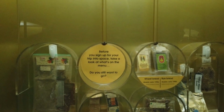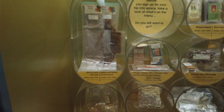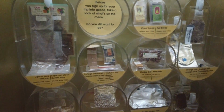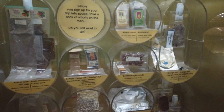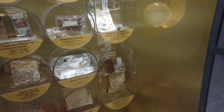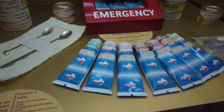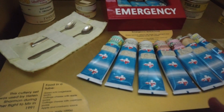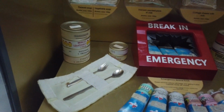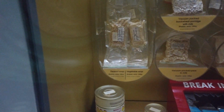Before you sign up for a trip into space, take a look at what's on the menu. Do you still want to go? Got apricot juice with pulp, apple and blackcurrant juice, all dried. Cottage cheese with blackcurrant puree. Cereal bar and almonds. Dehydrated tuna salad. I'm sorry, cottage cheese with cranberry. It was cranberry with cheese. What's that one? Green Schlee? I can't read what I think. One of them here says like apple cranberry sauce, mushed red bilberry with sugar. Someone can tell us, but